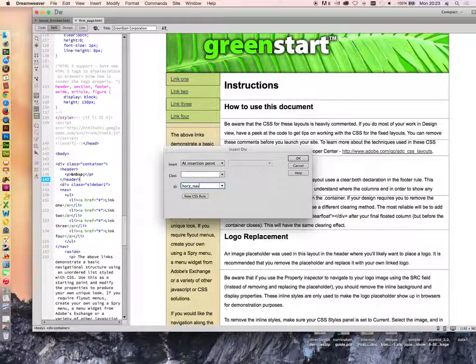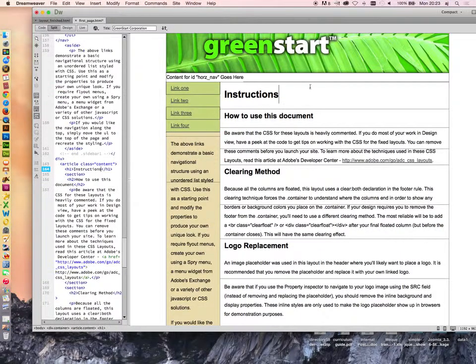Okay? HORZ underscore NAV. That is what we're going to call this, right? And then we just simply click OK. We're not going to apply any rules to it for the time being. We're just going to click OK. And we click OK, and look what happens. We now have a box,